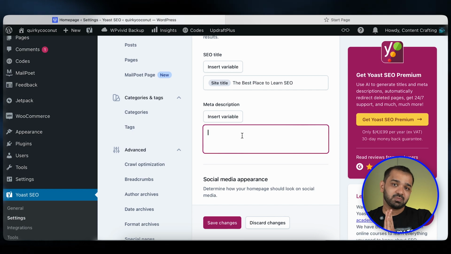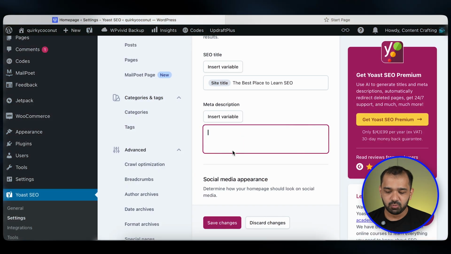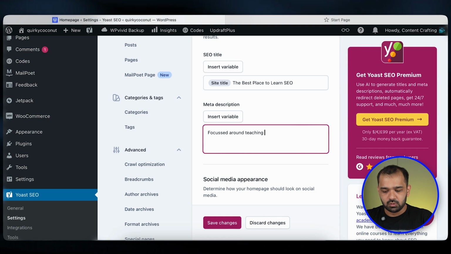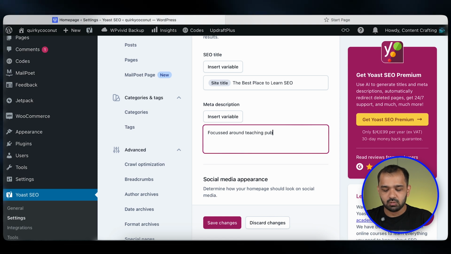The meta description is blank. Whenever someone searches for our homepage, you see a tiny excerpt, a tiny bit of text on the SERP listing itself. So that text is what you put here. You can go ahead and type a meta description for your page. Mine is focused around teaching publishers efficient ways of